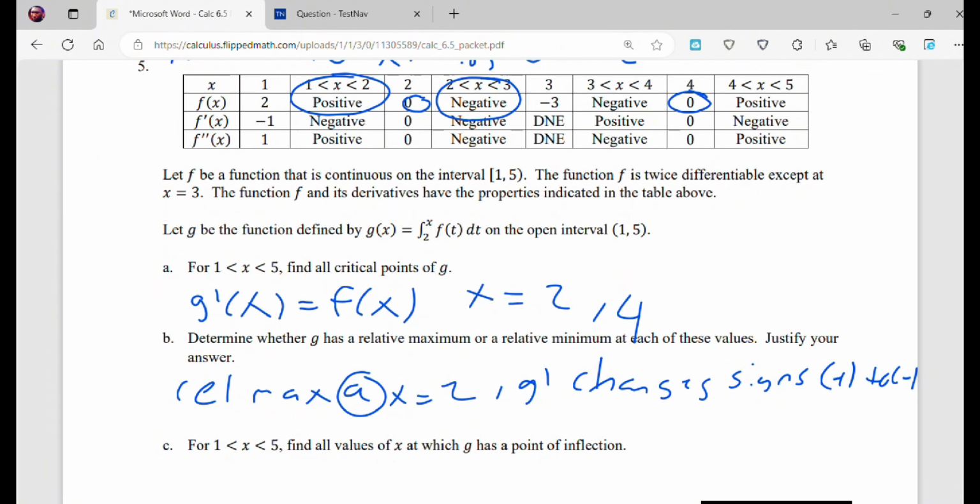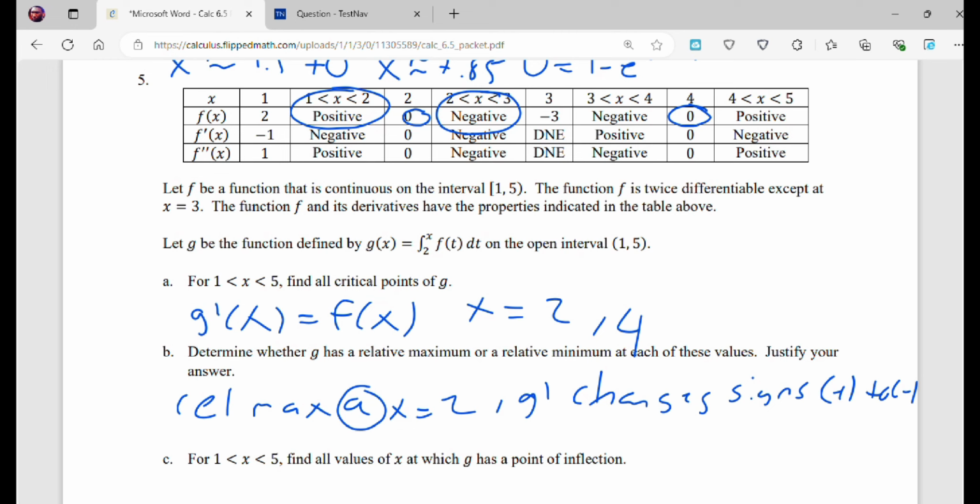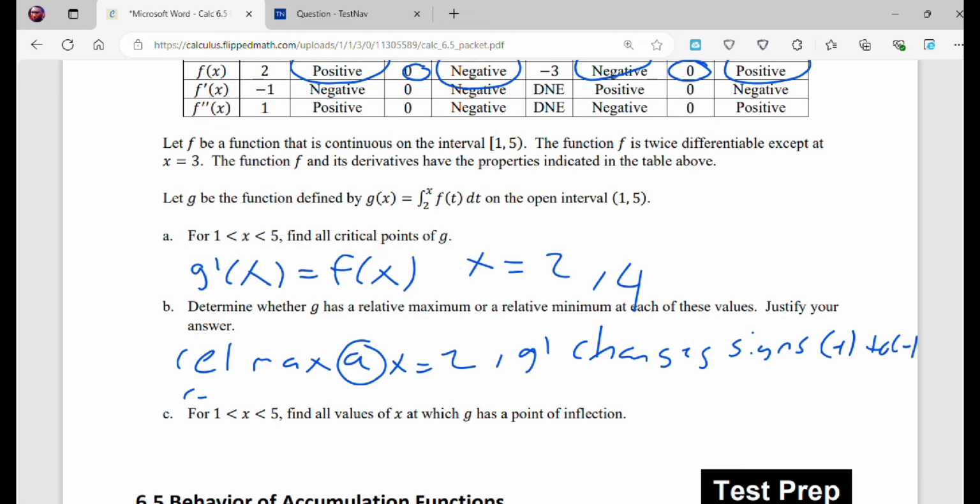Okay, and then we're going to look at 4. From the left, it's negative, and from the right, it's positive. So that indicates a minimum. Relative minimum at x equals 4. G prime changes signs negative to positive. All right. Hopefully that makes sense. Part C, for 1 to 5, find all x values at which g has a point of